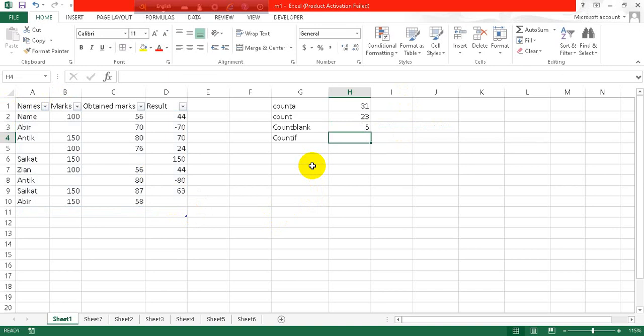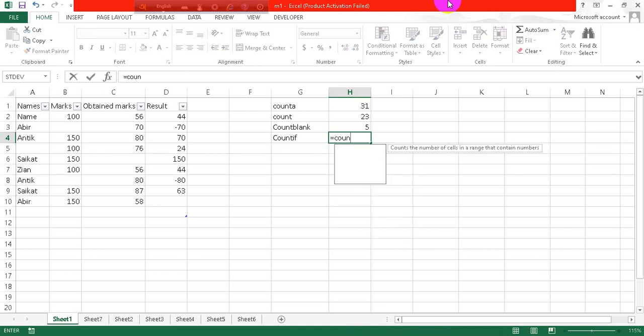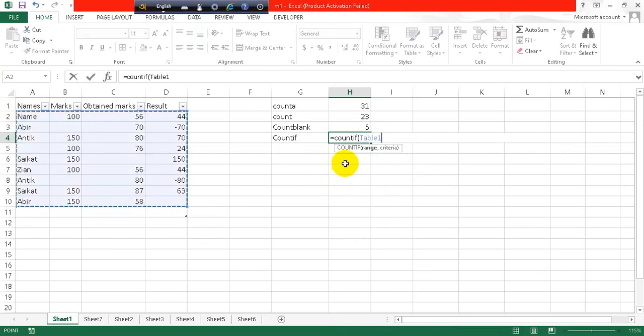So okay, now with the countif function you can count how many names or how many texts are here, or which text you want to find out. You can find out by it. Let's put a formula of countif, which is countif, select the range, and then put a comma,